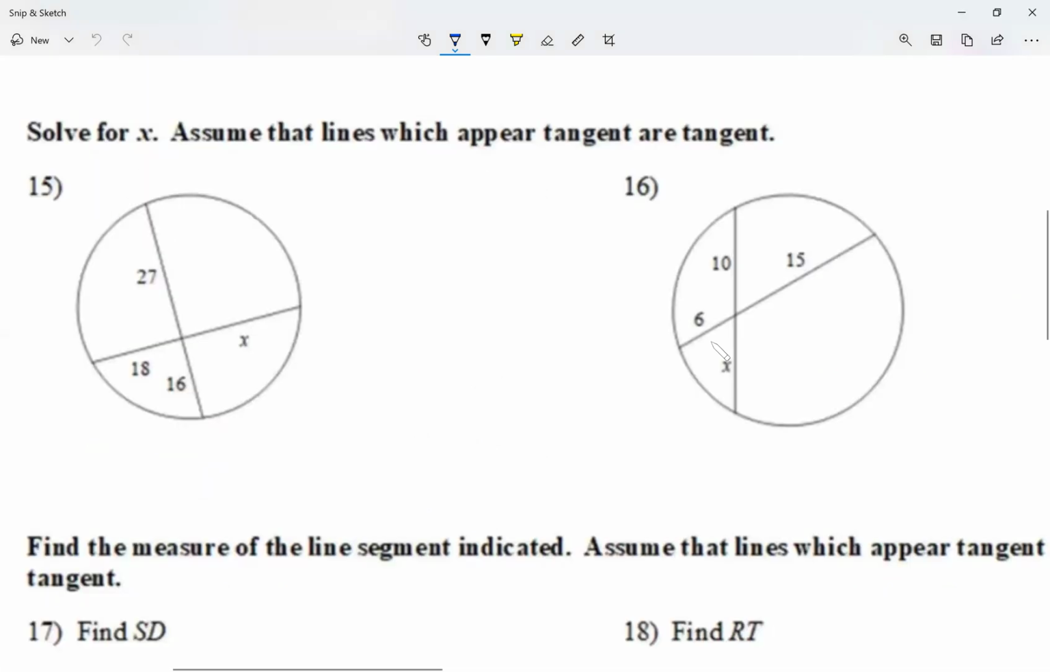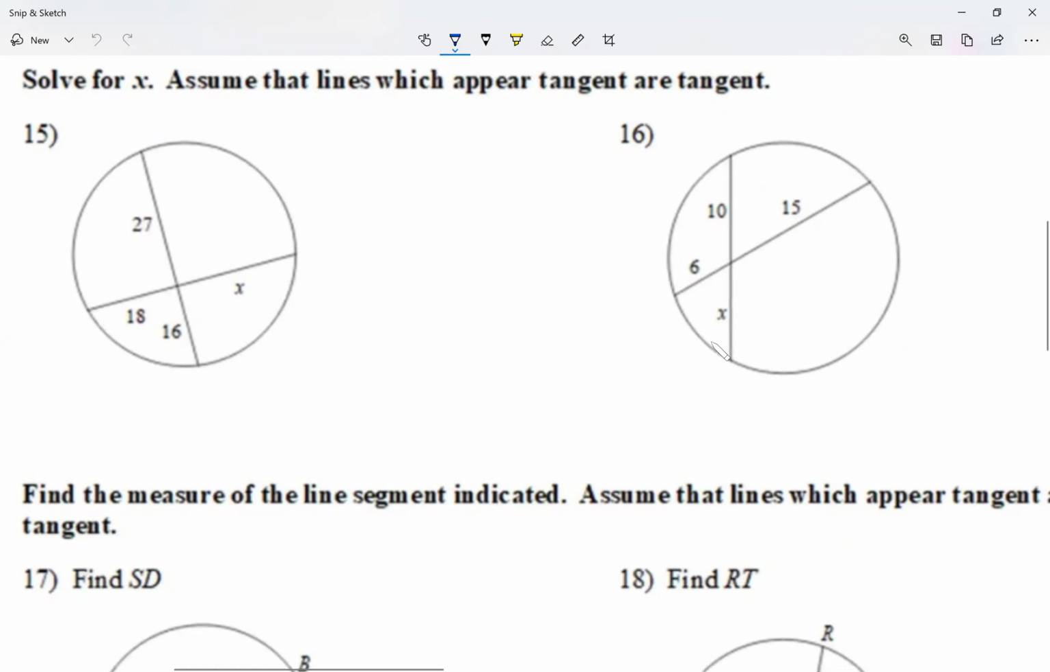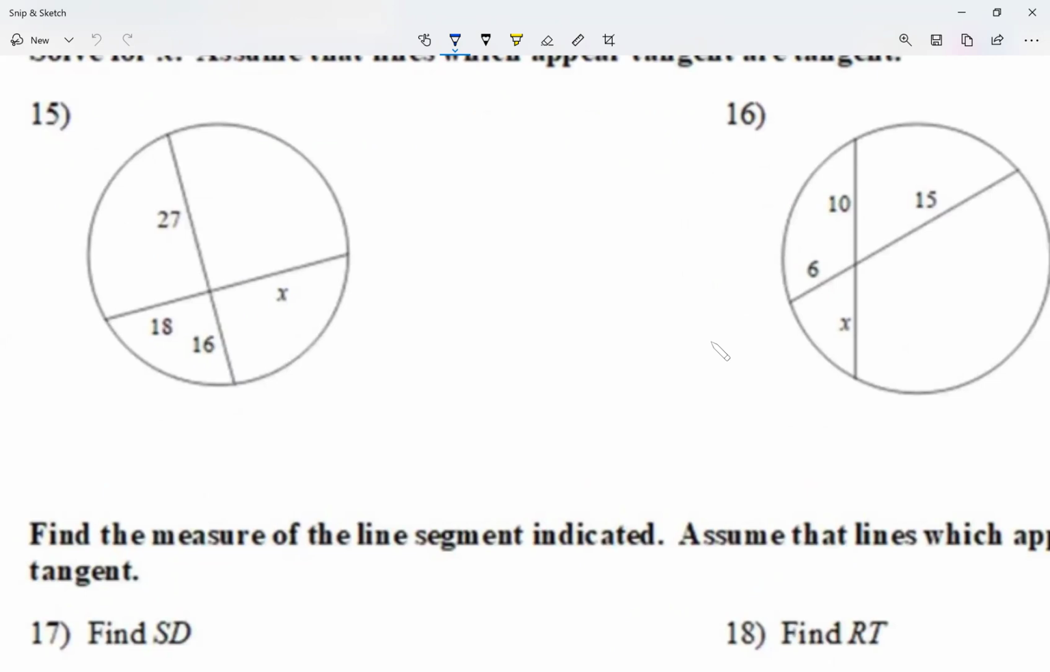Now, it says solve for x, assume the lines which appear tangent are actually tangent. But I see I have chords. A chord is a segment that goes inside the circle. If it happens to go through the center, that chord we happen to call a diameter. Now, interesting here, looking at my chords,